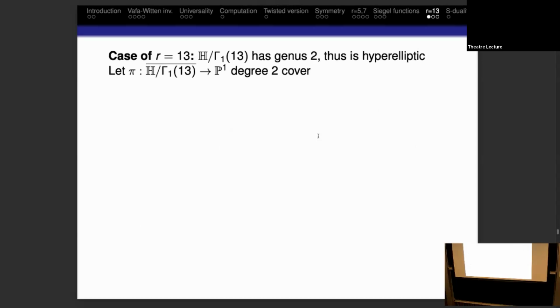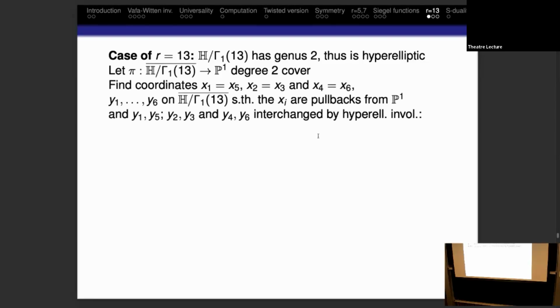There's a nice symmetry also there. So H modulo Gamma_1(13) is a curve of genus 2. Thus, it is hyperelliptic. That means it has a unique double cover of P^1, so we can consider this double cover. And we want to find coordinates, as modular functions on H modulo Gamma_1(13), which are compatible with this